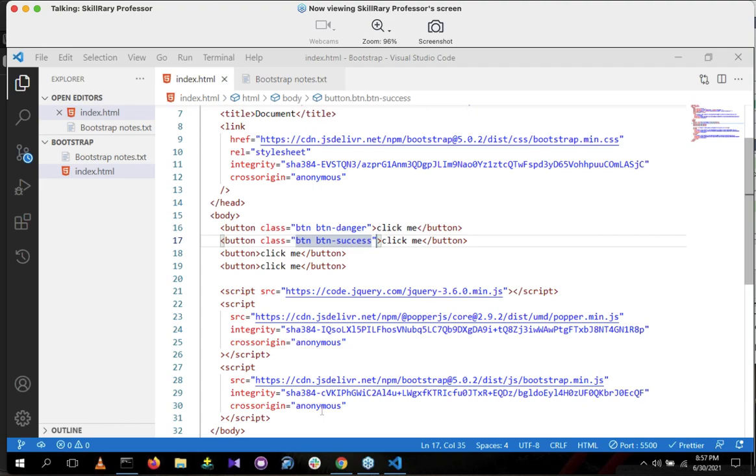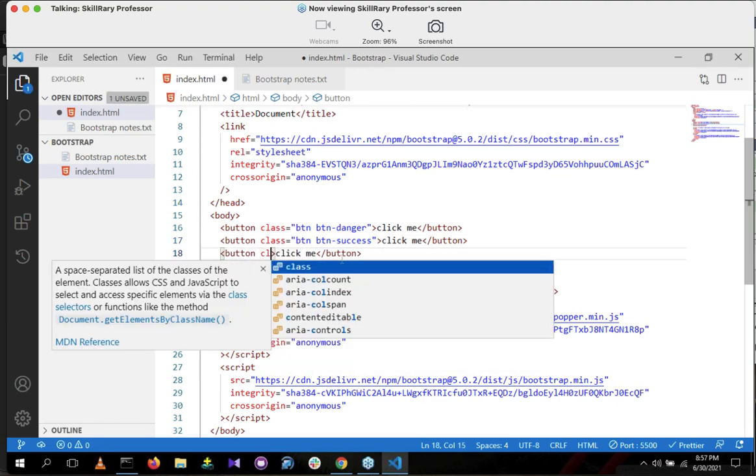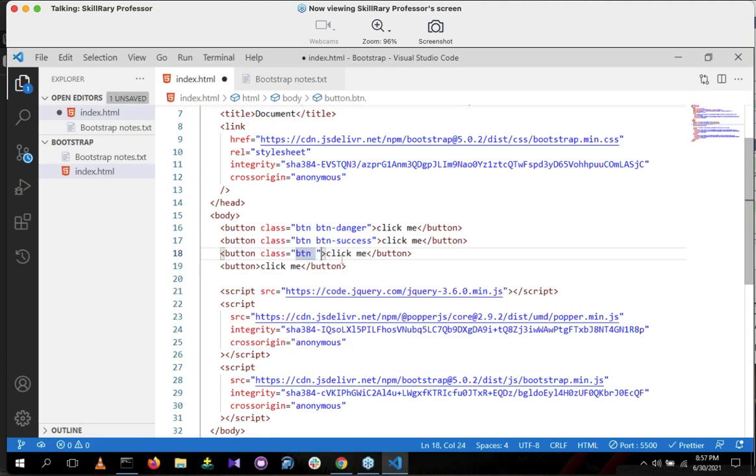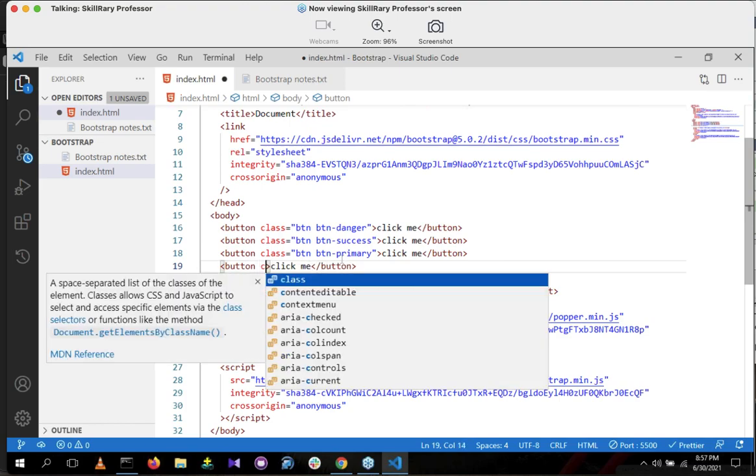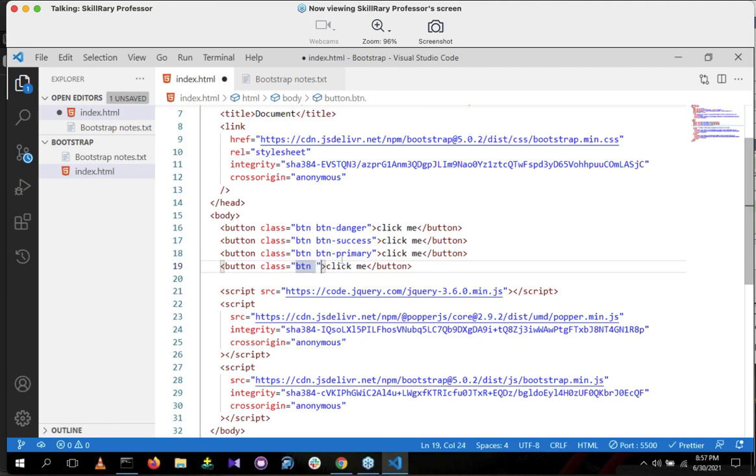First, they have created JavaScript. On top of JavaScript, they have created popper.js. On top of popper.js, they have created jQuery. This is the order. Follow this order. Create one more class called btn-primary. And create one more class called btn-dark. And create one more class.